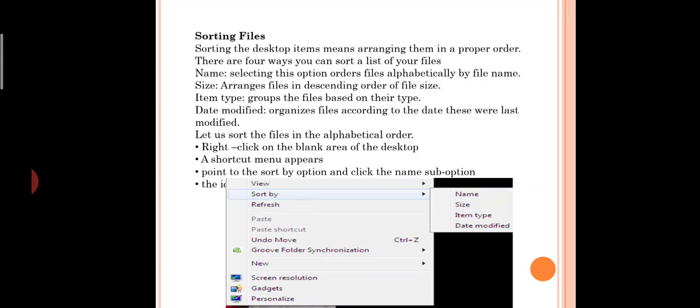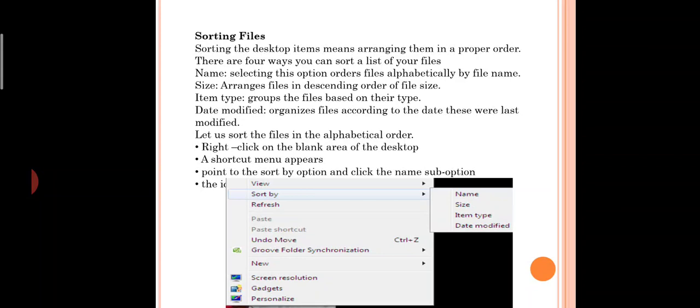Sorting means you can arrange them in a proper order. Either it might be in the ascending order, descending order, or else it might be by the type of the files, or else according to the date you have modified. You can arrange them.